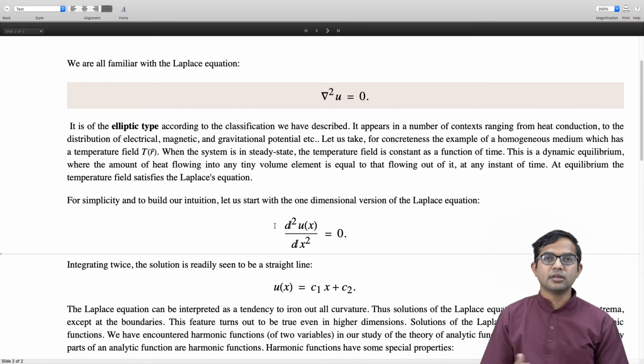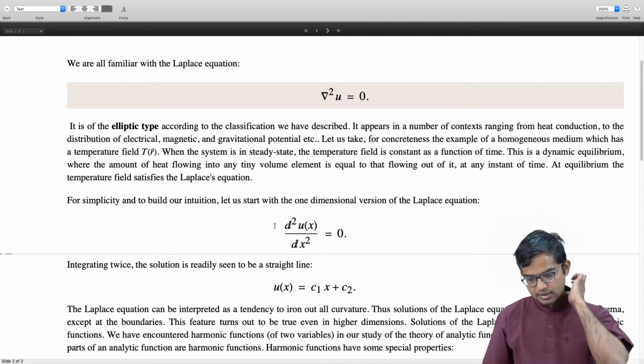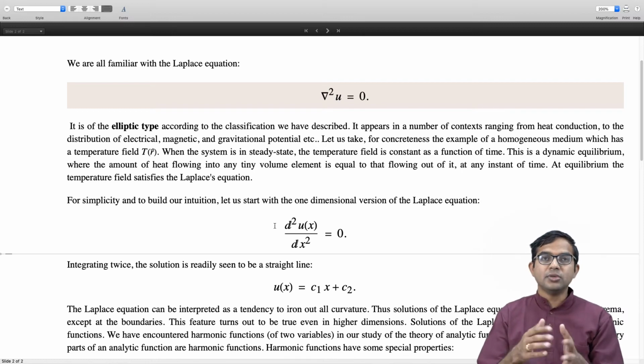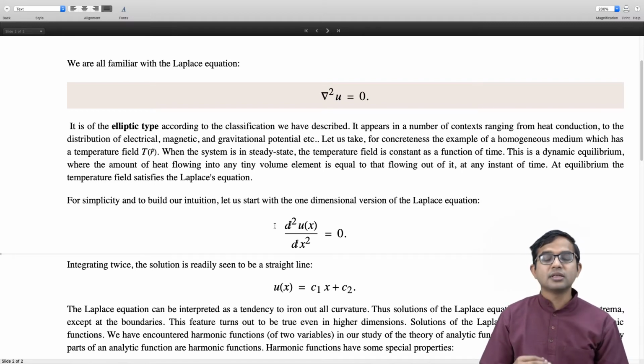One is the fact that there is no curvature, which means that you cannot have maxima or minima, and so that also is in some sense equivalent to the fact that you have this mean value property, right? So this, it turns out, actually carries forward to higher dimensions as well. So in 2 dimensions we will revisit the same couple of properties a little bit ahead in this lecture.